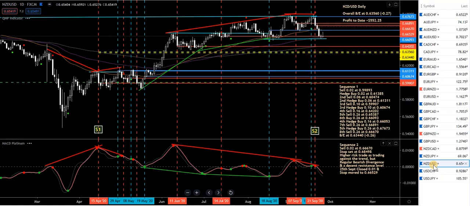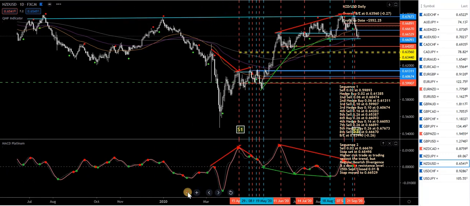New Zealand USD, this is one I was in an old sequence like the Aussie, in a sell sequence from back here a long time ago, trying to work my way out of it. In the meantime, this thing's just plotted up higher, but we're getting all this divergence now. You can see, look at the MACD Platinum, it hasn't come up, whereas price has continued up. So a lot of regular previous,